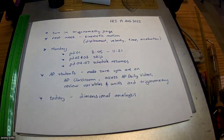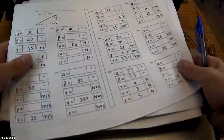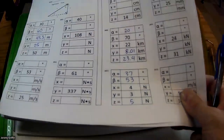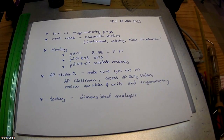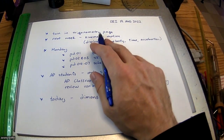A lot of guys just turned in this trigonometry page. There was this lab side of it, and then these twin triangles on this side. I had you guys pick 5 of those. Right now, I just pulled you guys, and tell you what, I'll give you guys the